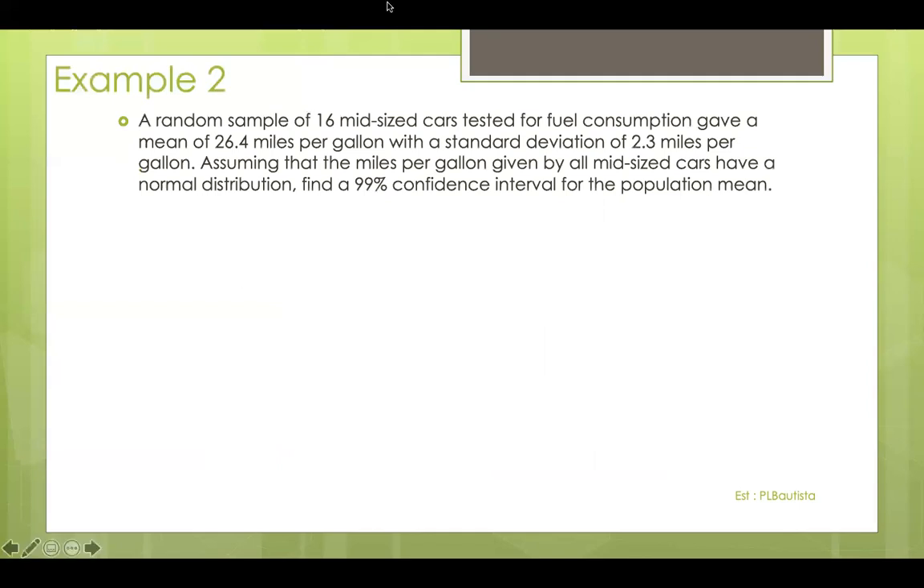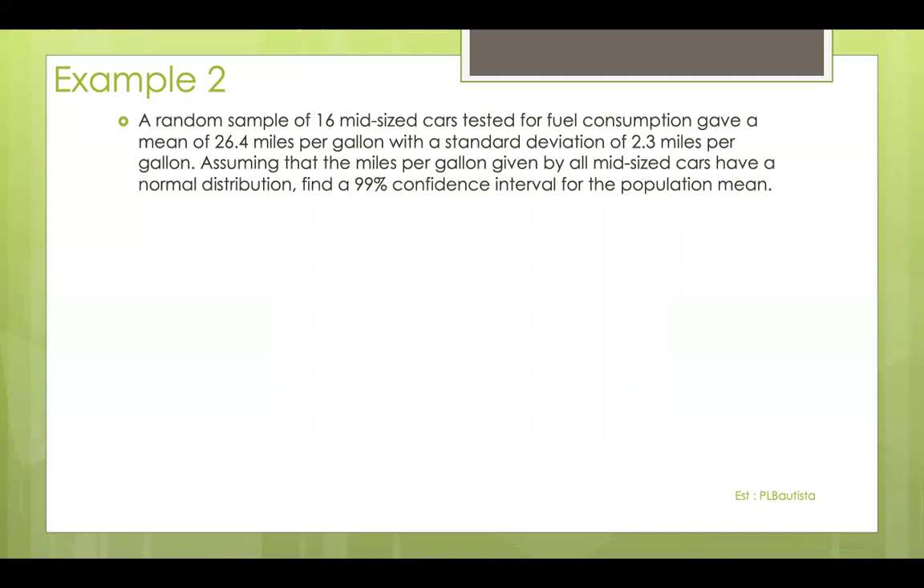We have a random sample of 16 mid-sized cars tested for fuel consumption, having a mean of 26.4 miles per gallon and a standard deviation of 2.3 miles per gallon. Using this information from the 16 mid-sized cars, we want to find the 99% confidence interval for the population mean. So we want to find what is the fuel consumption of all mid-sized cars, based on the information from